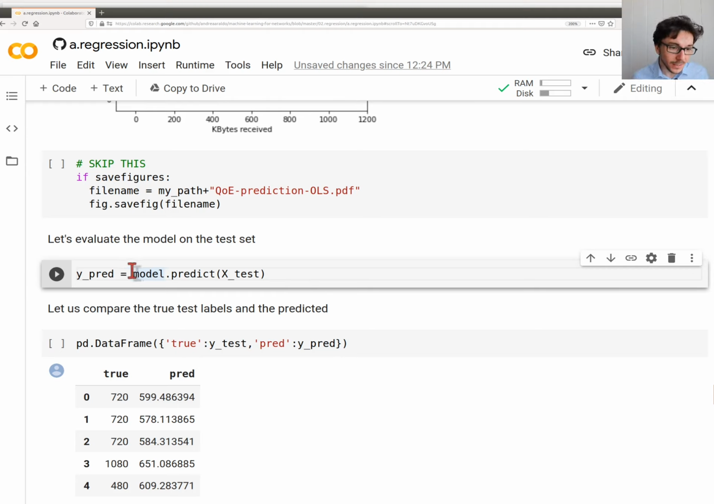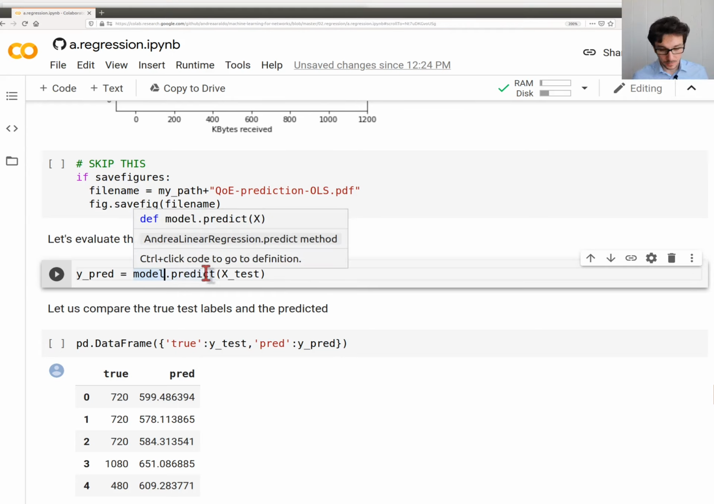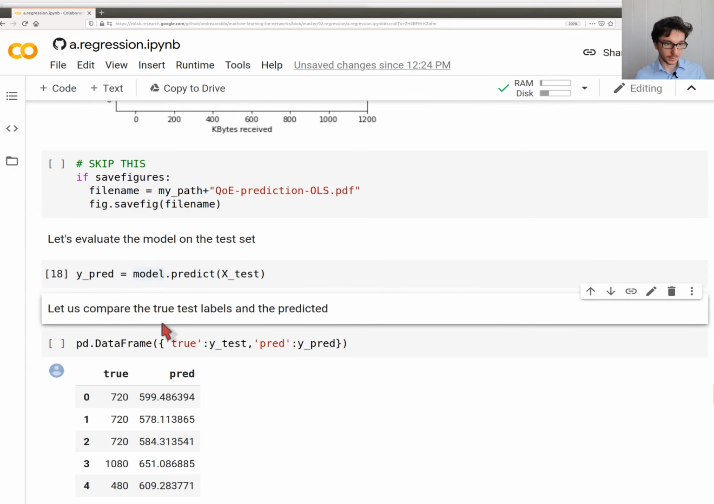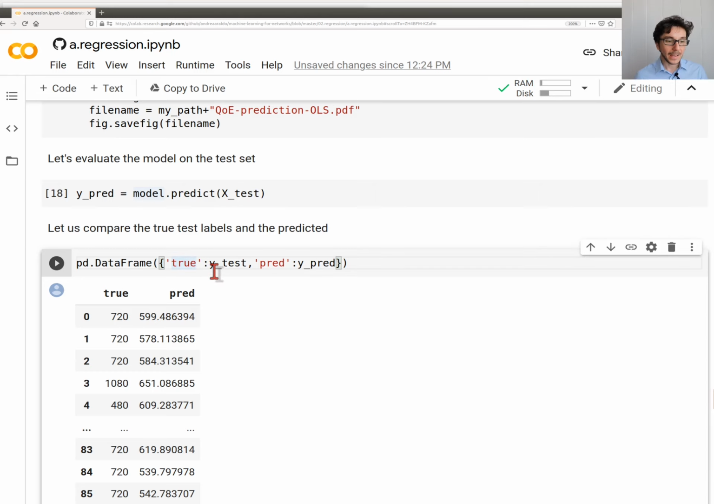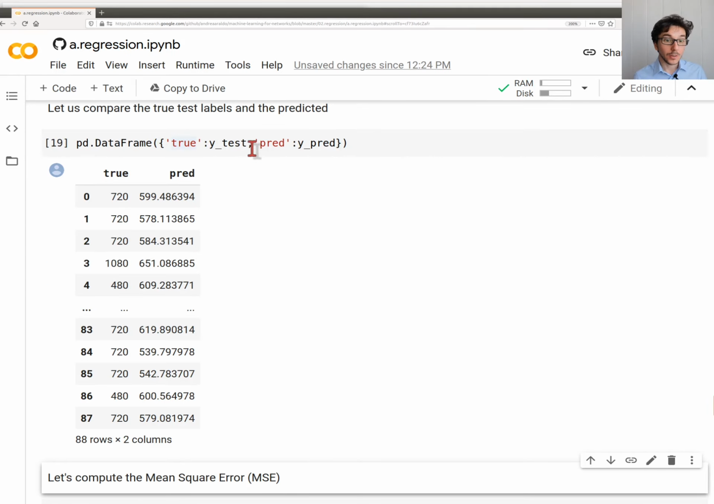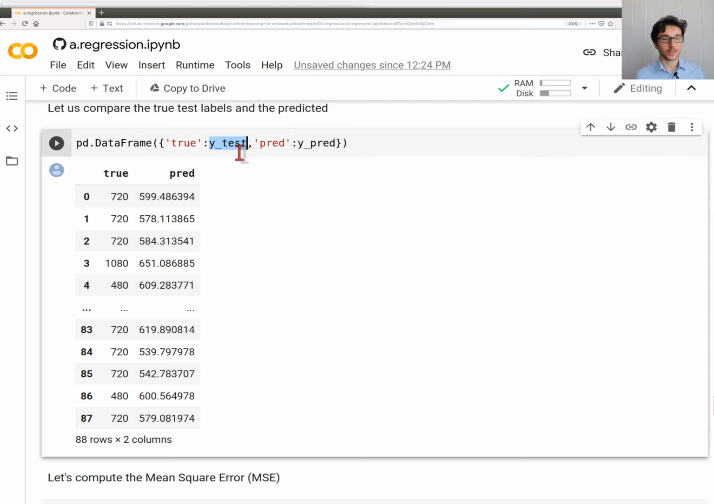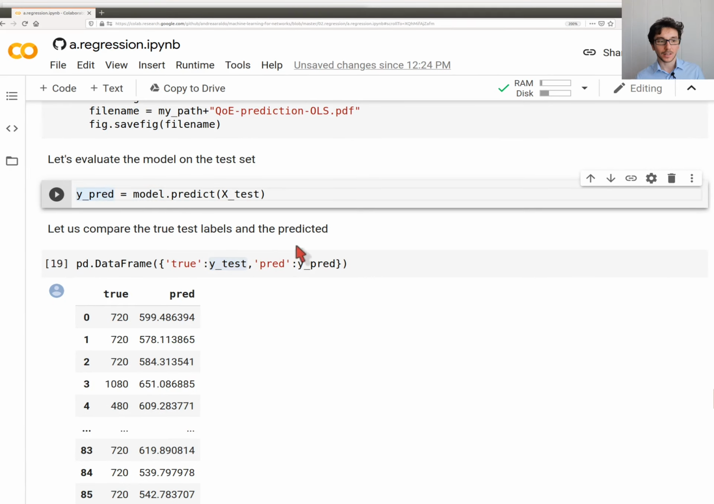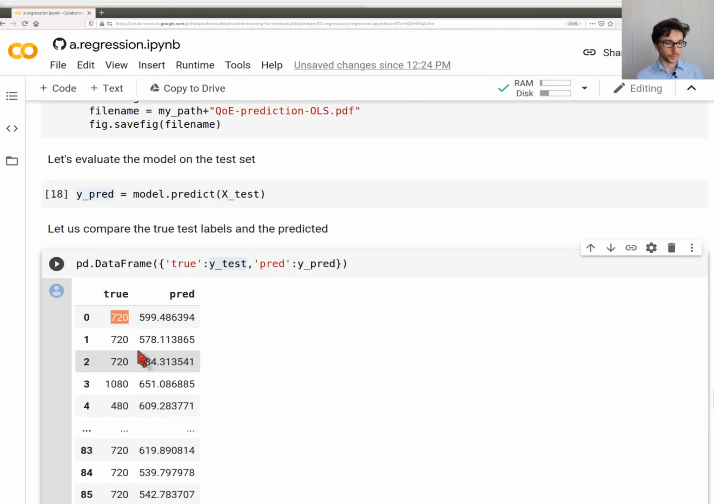Now let's predict the labels of our test set. It is as simple as this. And now we can compare the true values of the resolution of the test set, that is y test, and the predicted values that are in y pred. And you see that there's of course a difference between our predicted value and the true value, but we are not so far